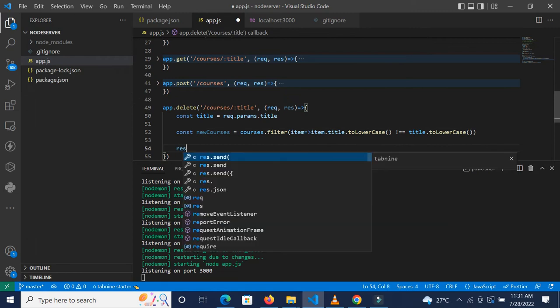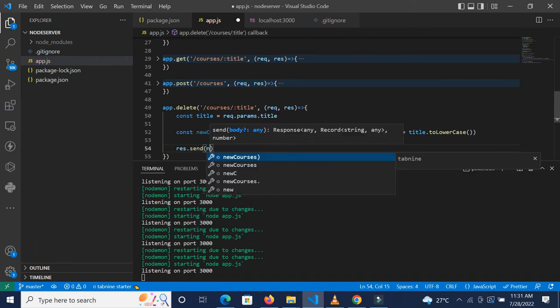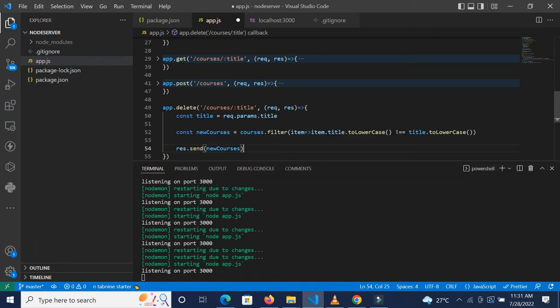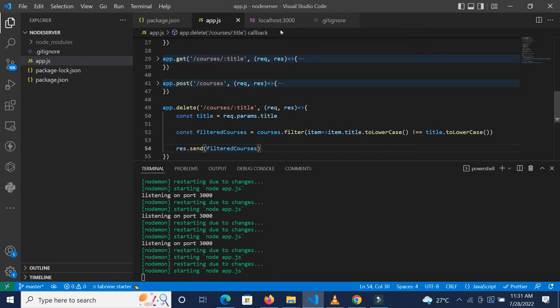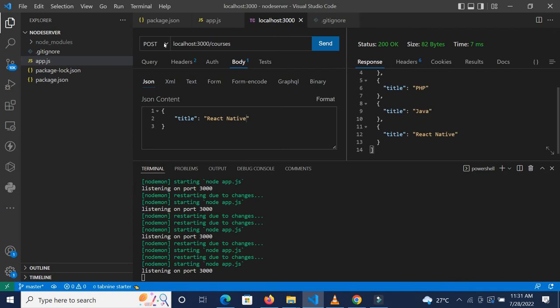And then we're actually going to send our new courses, right? This can actually be our filtered courses. So filtered courses goes to filtered courses. So now if I make a delete request, where is the delete? If I make a delete request and I pass in, for instance, JavaScript,